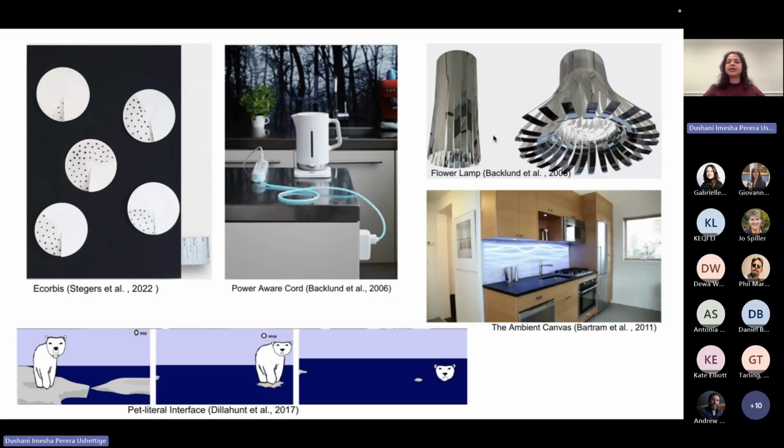This flower lamp over here opens and closes to mimic an actual flower. If it opens, that means you are in a very eco-friendly usage pattern. So there have been different things done, but still there's a gap in how much people are actually aware and how much they can interpret their consumption, which gives them the agency to actually do something about it at home.